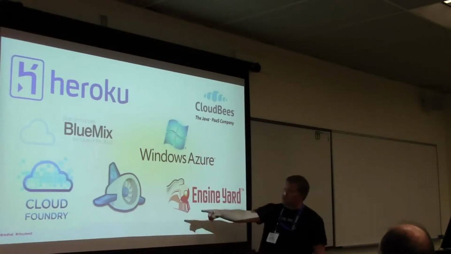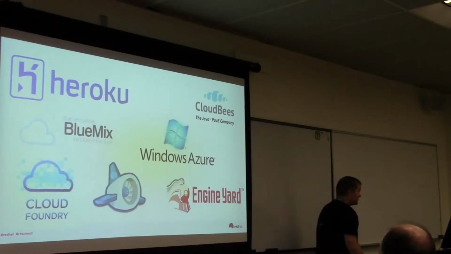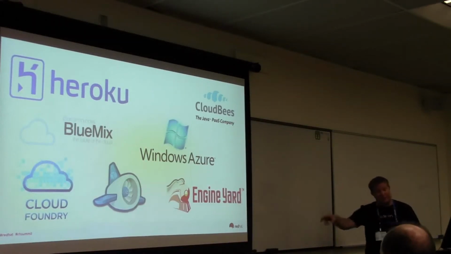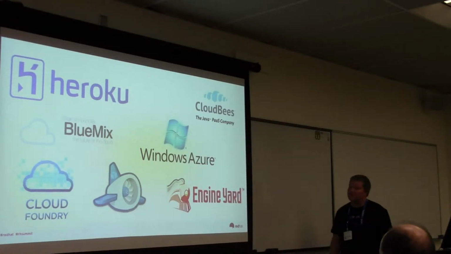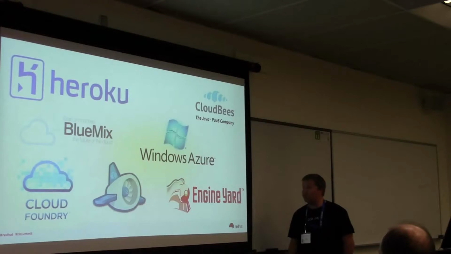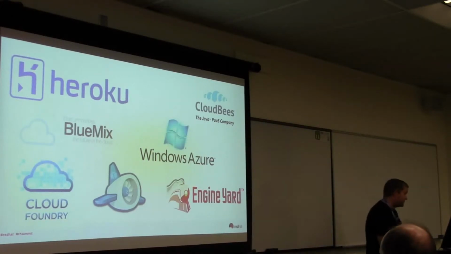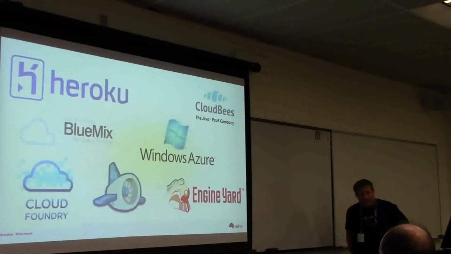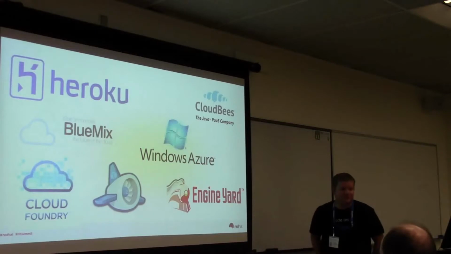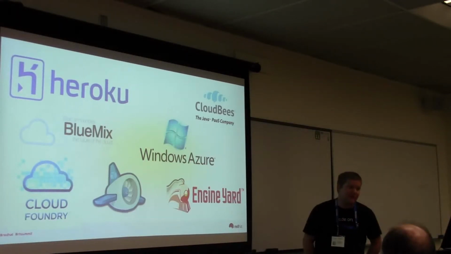And then this logo is Google App Engine, which is kind of like EC2, but they also have a PaaS. Or rather, Google Compute Cloud is like EC2, but they have a PaaS called Google App Engine that you can use. It's pretty good. Google Compute Cloud's pretty price competitive. And then Engine Yard is a single tenant platform as a service that runs on top of Amazon EC2. Mainly people use it for Ruby code. And to use Engine Yard, you'll have to plug in your EC2 credentials and it spins up machines in your account. Is Beanstalk the Amazon one? Yeah, I mean, even Amazon admits that Beanstalk's not great. So I wouldn't use it.